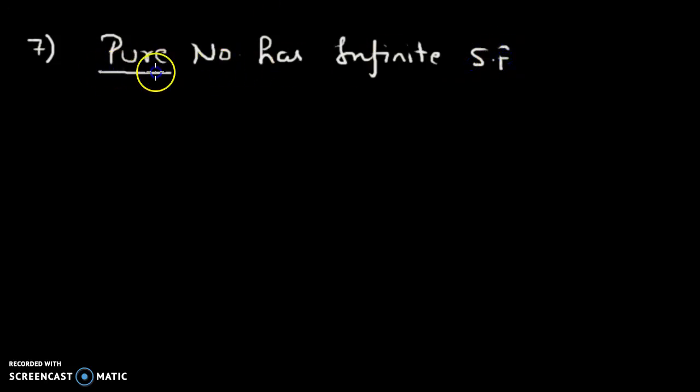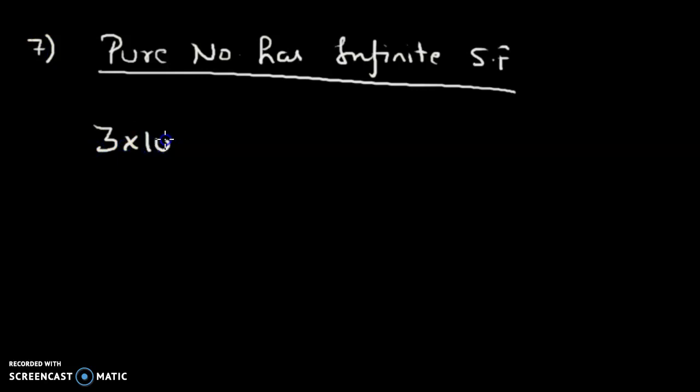What is that supposed to mean? Say for example, if I say the speed of light is 3 into 10 to the power 8 meter per second, this is a pure number. I'm pretty much confident about this. This is a fact actually. A fact has infinite significant figures. So here it is not 1. If I ask you the speed of light, if I